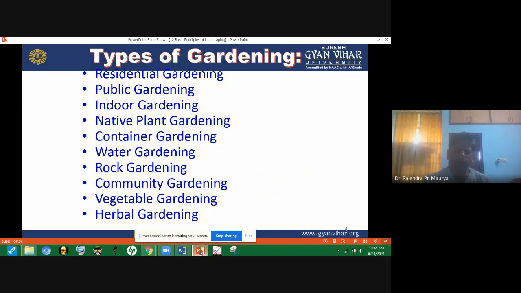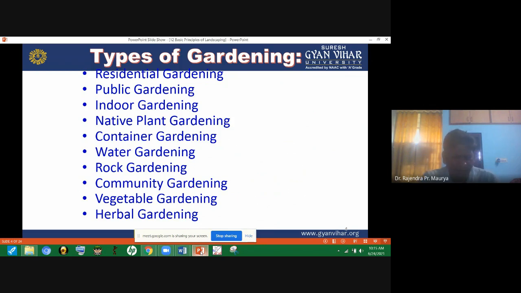So for purification of the environment, we should plant trees in industrial gardening. They can absorb carbon dioxide in the process of photosynthesis and release oxygen. So they purify the environment.